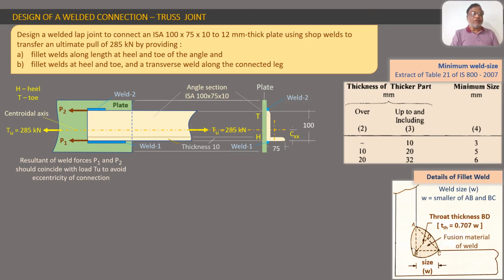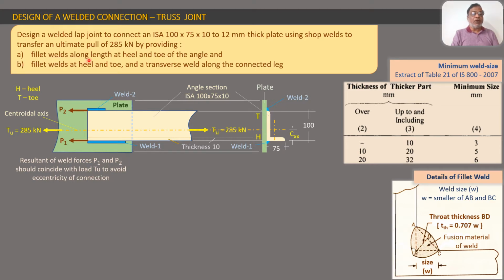In this video lecture, we are going to study a complete numerical problem on design of a welded connection for a lap joint in a truss. The statement of the problem is: design a welded lap joint to connect an angle ISA 100 by 75 by 10 to a 12 mm thick gusset plate using shop welds to transfer an ultimate pull of 285 kN by providing